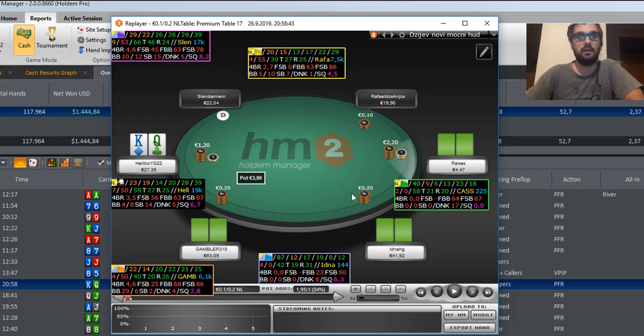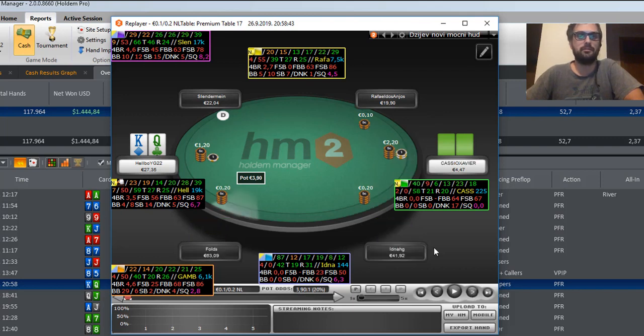Then we have a min click 3-bet from the big blind. So this is not even a min 3-bet. A min 3-bet would be 2.4. So 2.2 is just a min click 3-bet, the lowest one he can make. So we obviously have really good odds to call here, but this guy is 3-betting